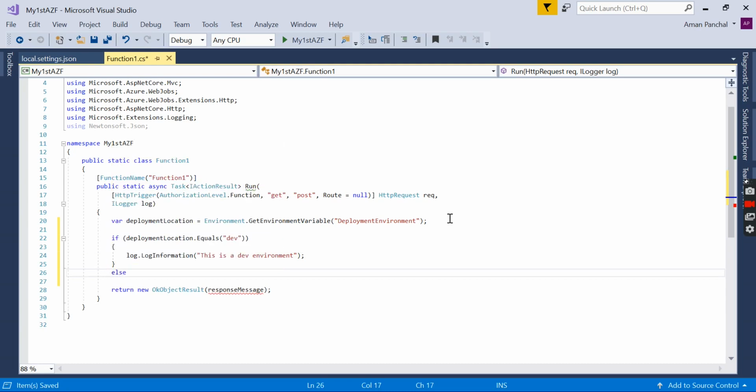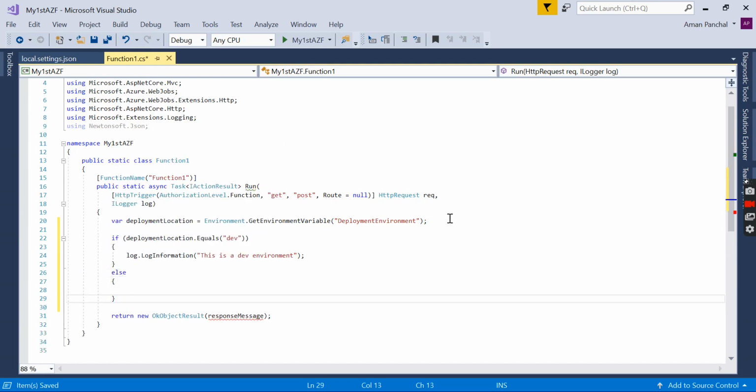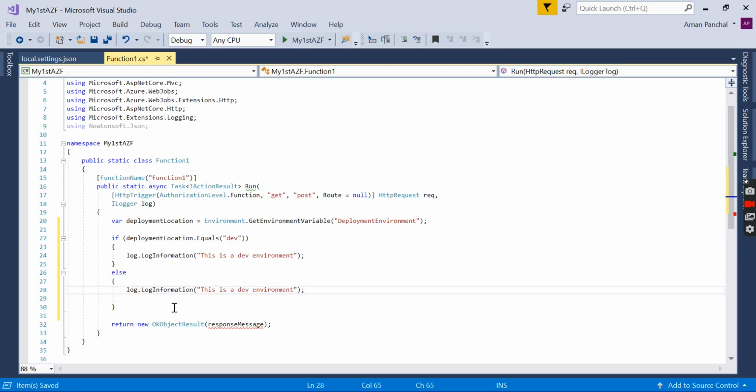Okay, else: not a dev environment. Okay, so suppose I want to log this information.